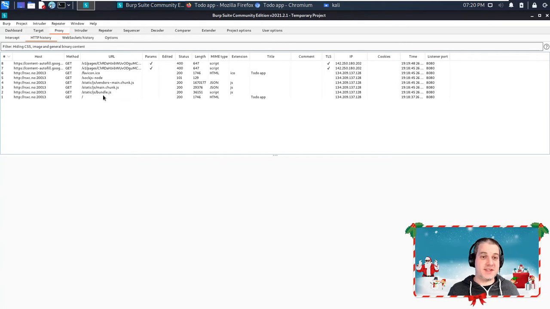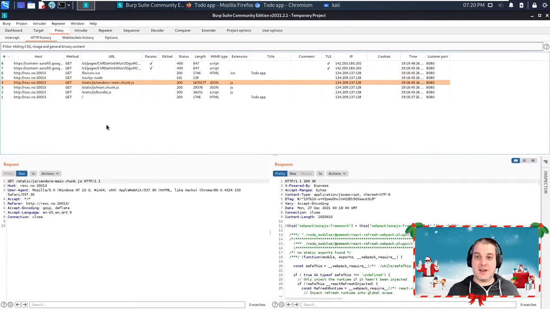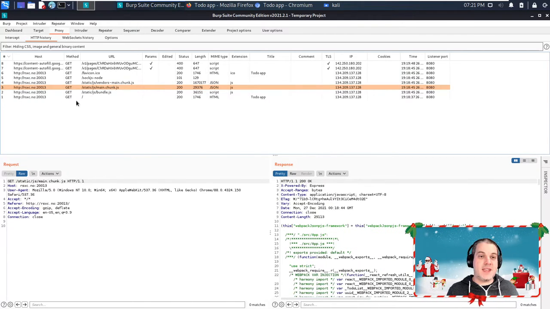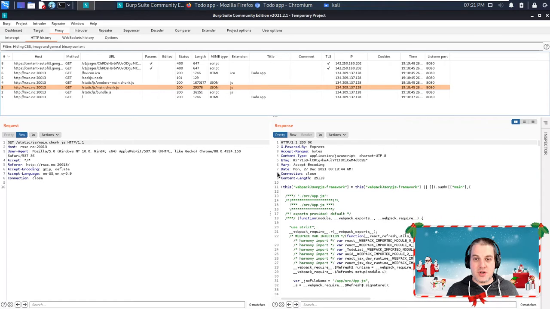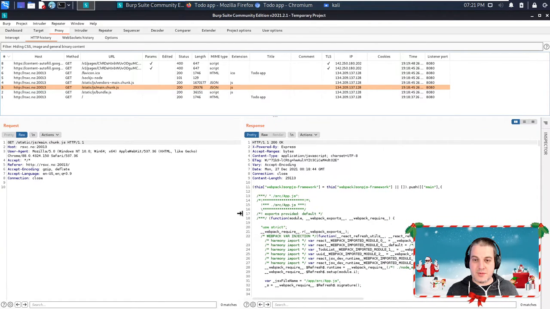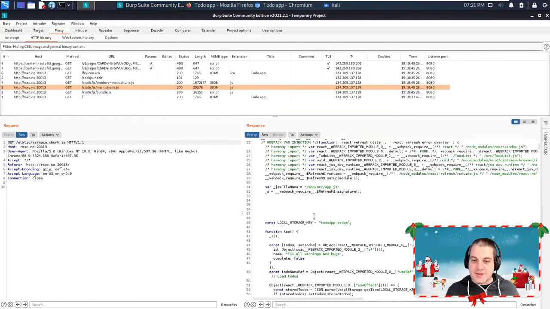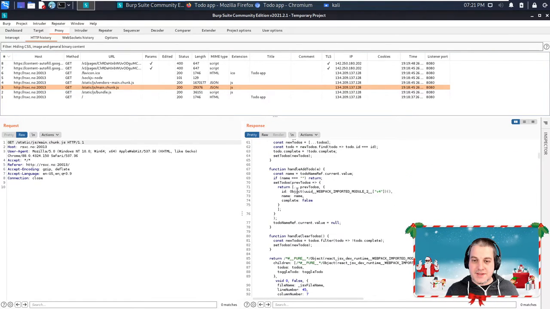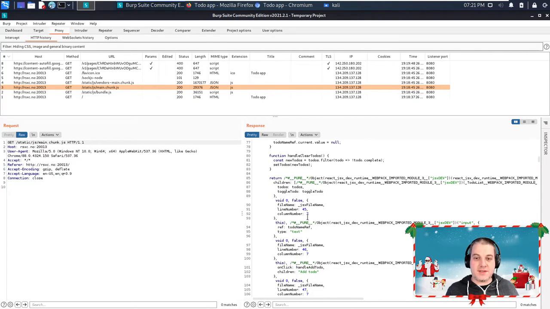Basically here, the solution is just to start looking at the client-side code. And you can check, well, this is the largest one. I can't remember which one it was. So you just need to grind through basically all the JavaScript code and make sure that you check all the JavaScript here. Now, vendors, main chunk and bundle.js are going to turn up empty. If you go to the main chunk JavaScript one, just try to get some real estate here. If you start browsing through, you will see the code, and a part of it is something that generates